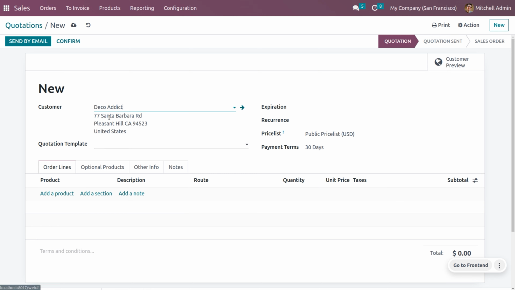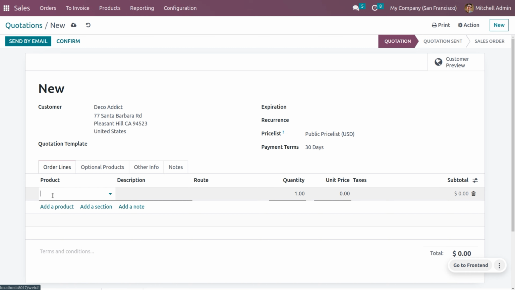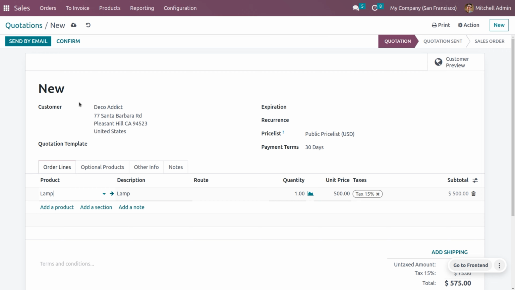So let's choose Deco Edit as the customer, and you can choose a product that is lamp, that is the final product that we are going to dropship. And here you also need to ensure that you have set the proper route. In order to get this route, you can just enable the route from this section, and here we have to set the method of route that we are using, which is dropship, because we may not be keeping the product in the warehouse,